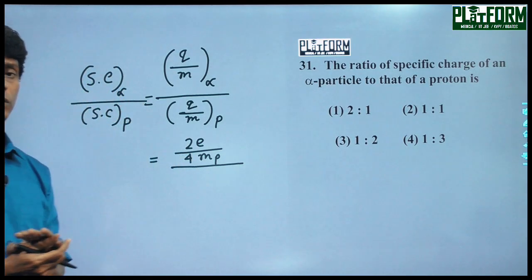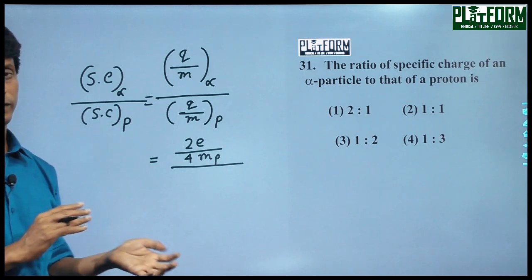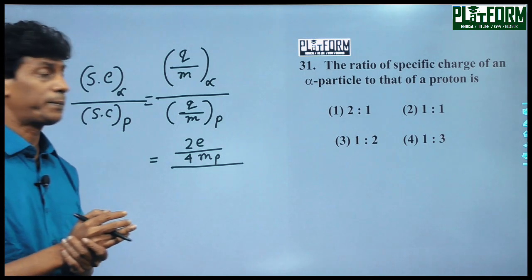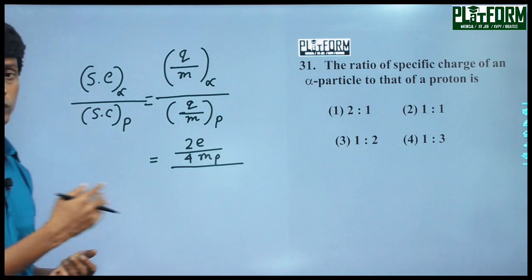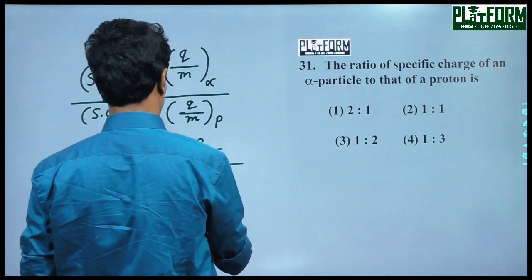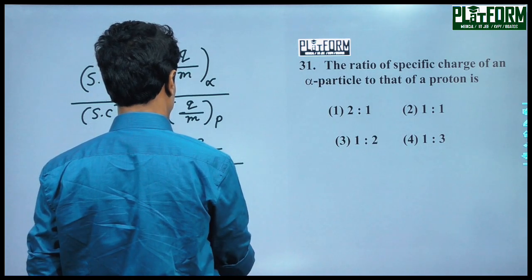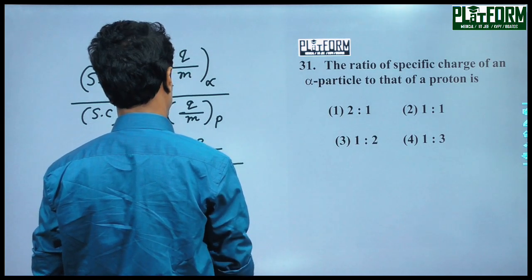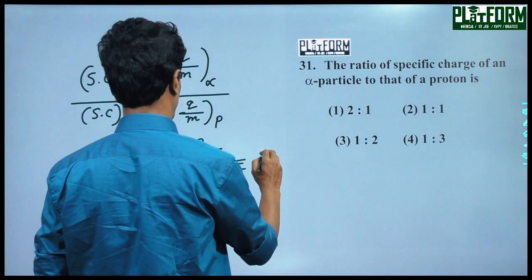Roughly we can say the mass of the helium particle is equal to 4 times the mass of the proton. And the charge of proton is e, and the mass of proton is mp. So therefore the right option here is equal to